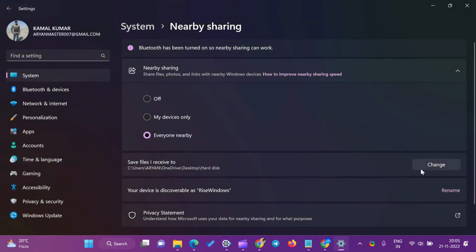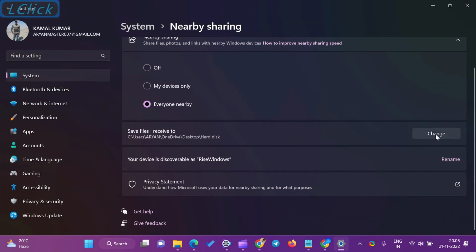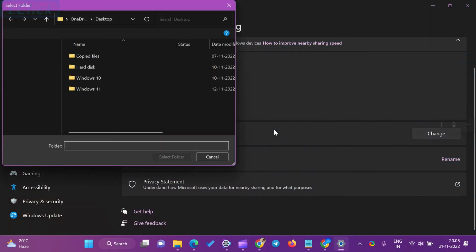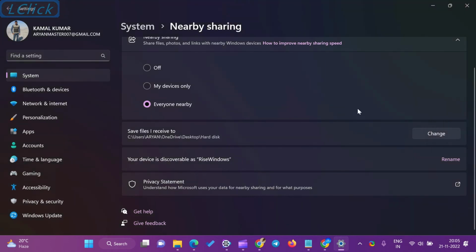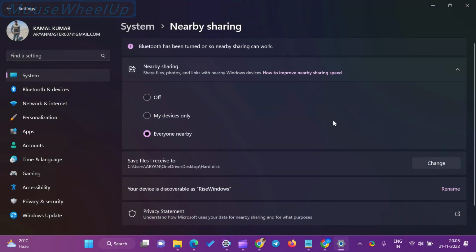Windows 10 also allows you to choose who can share with you. Every nearby Windows 10 PC can by default share or receive files from you. If you select the My devices only option in step 4 above, Nearby Sharing will only work between PCs you've signed into with the same Microsoft account.